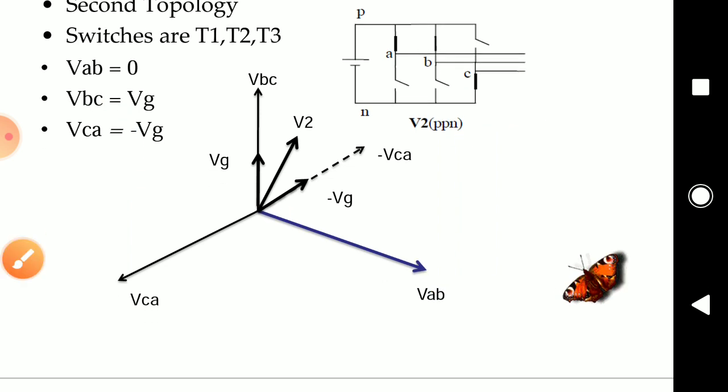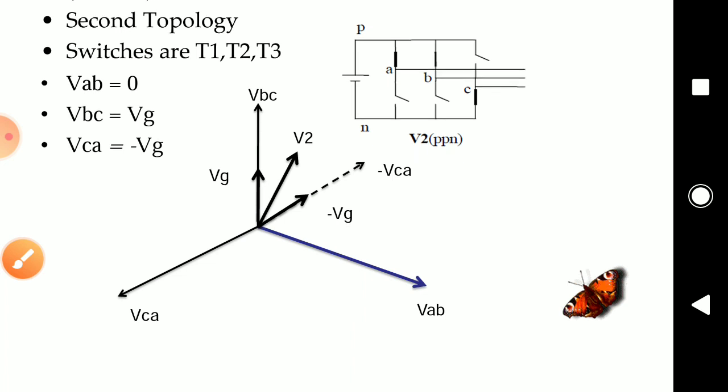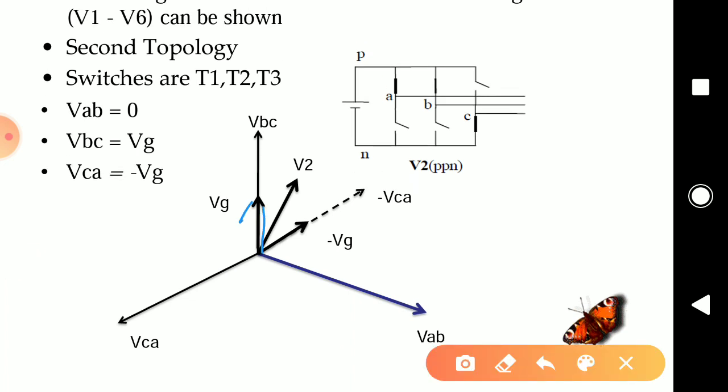Again, to explain the phasor diagram, we drew the three-phase line voltages VAB, VBC, VCA 120 degrees apart and then we marked the voltages. VBC is positive, then you have minus VG. So you drew the negative phasor, marked minus VG, and found the resultant. You got V2. Now you have a phasor V2. You must take note of one point, in which direction was V1. V1 was in this particular direction and you have V2 over here.